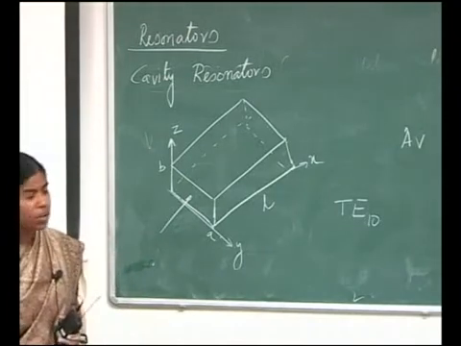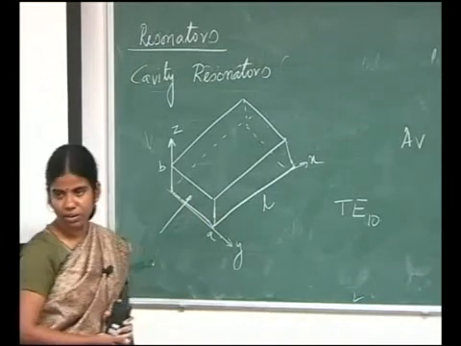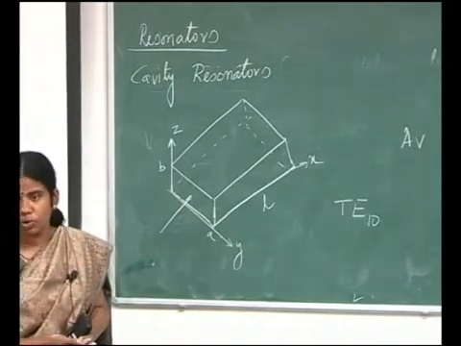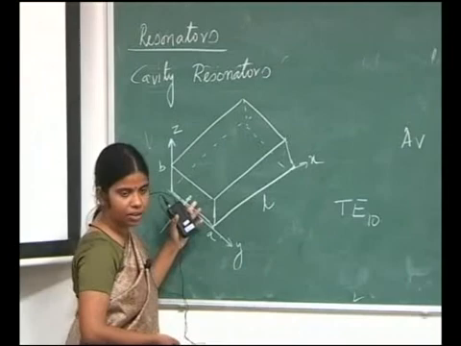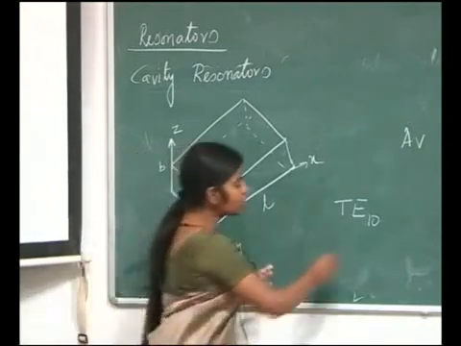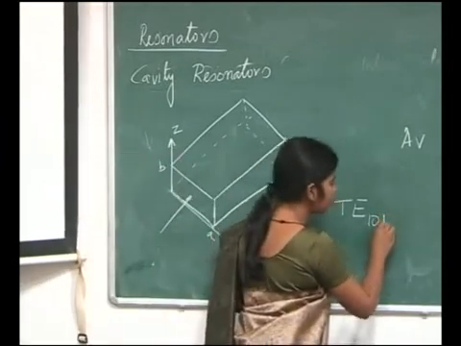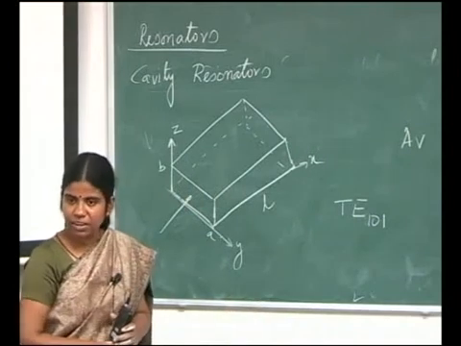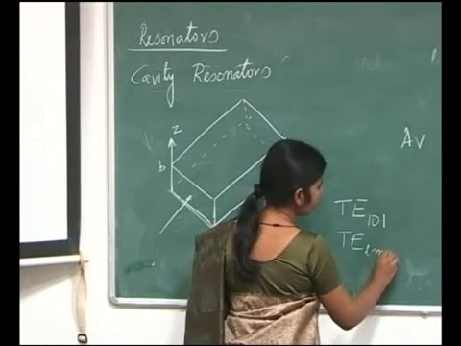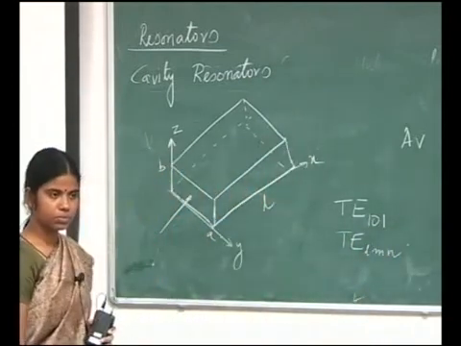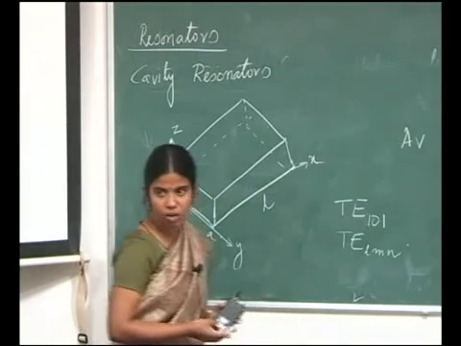So what would be the lowest possible propagation mode in a cavity resonator? What type of modes will it support? The lowest mode is called the fundamental mode of resonance for this cavity. So remember, if the lowest possible mode is 1-0, then because now I have all the directions, it will be 1-0-1. I can call this TE LMN. So what do I mean by 1-0-1? What is the meaning of this?